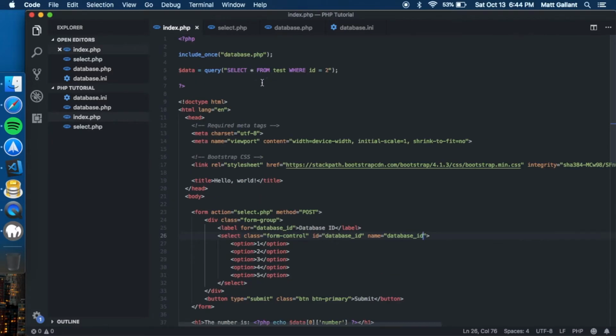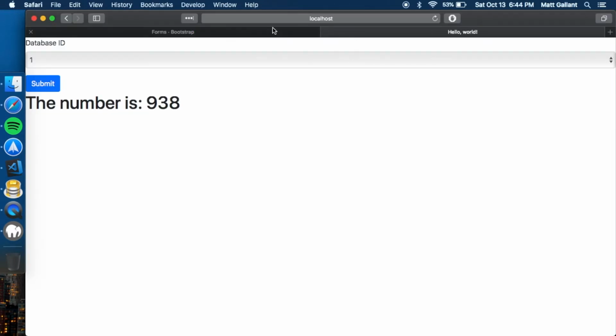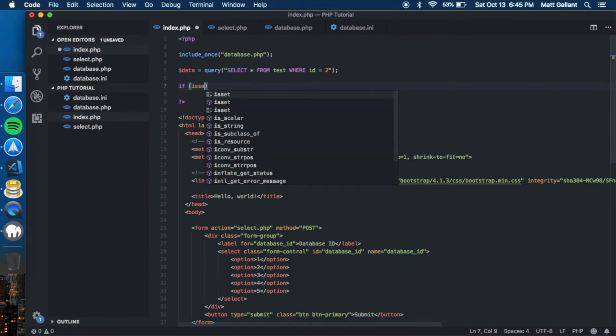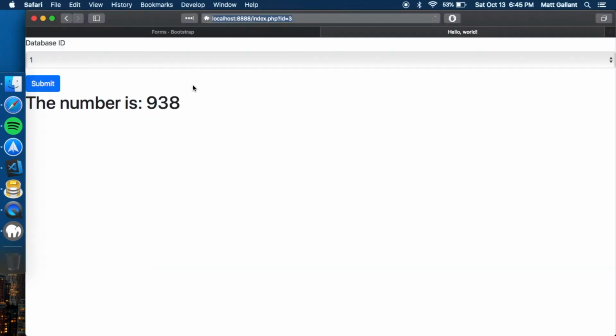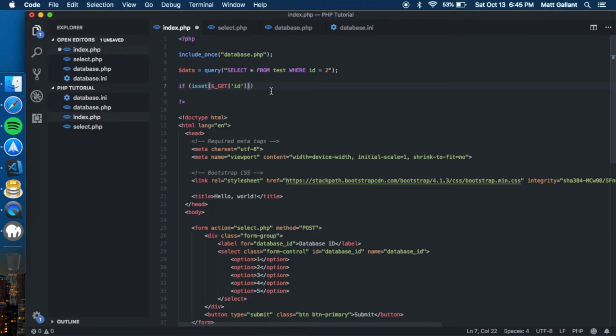We come back here and we go up here. What we'll do is say if $_GET id. That id is just this right here. Okay, whoops, let's start over. If isset. This asks if it's set, because you can have the page here without it set, but we want it to be set. So if it's set,